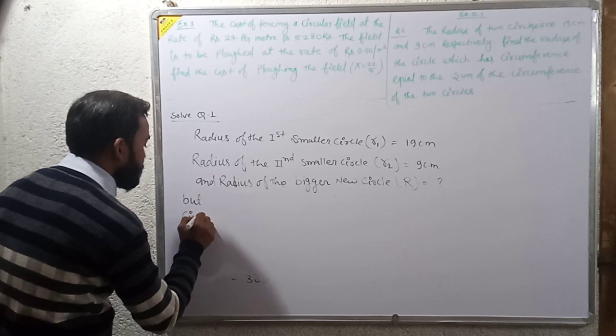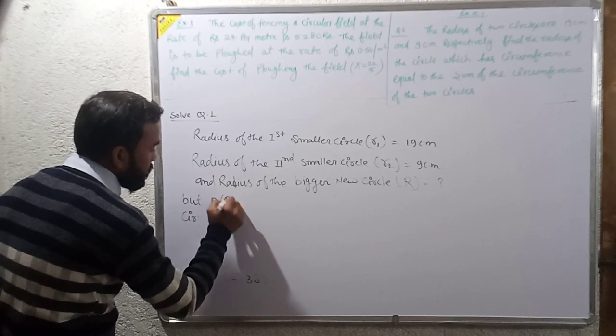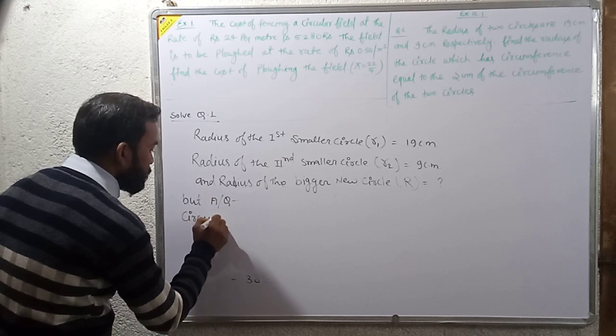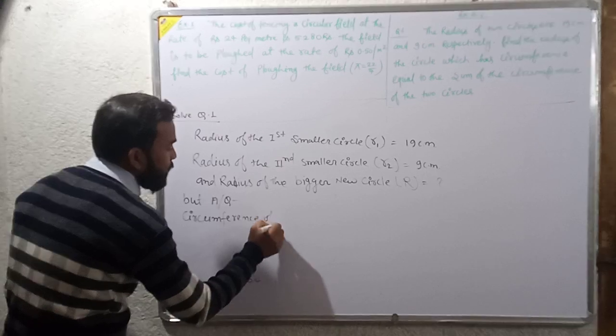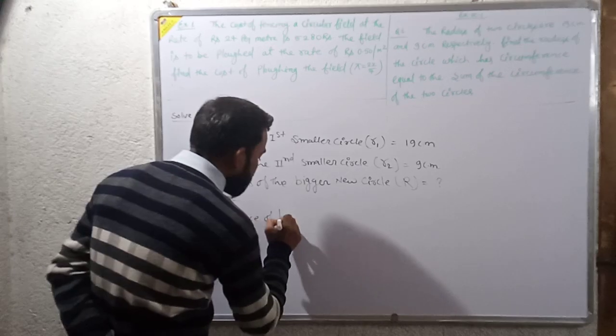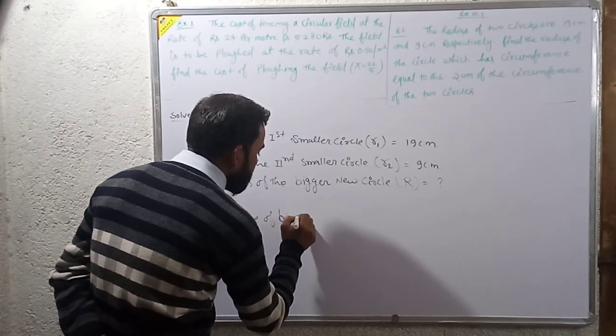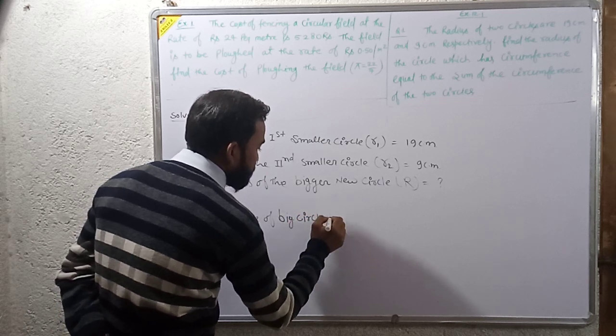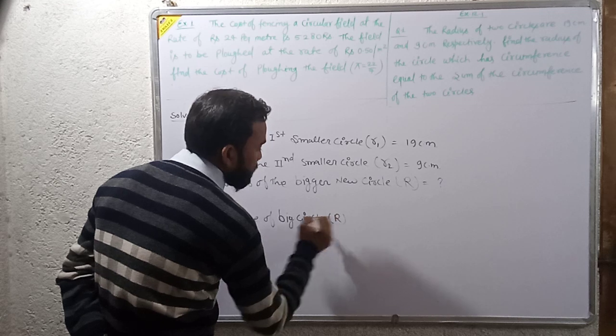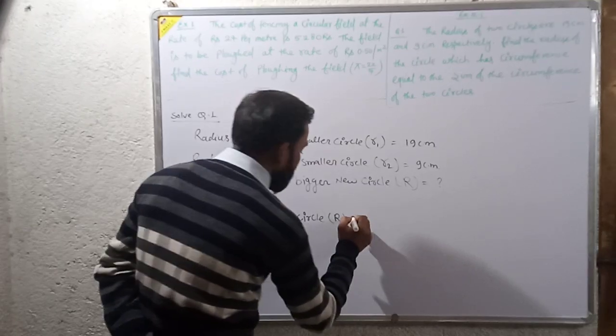According to the question, the circumference of the big circle of radius R is equal to